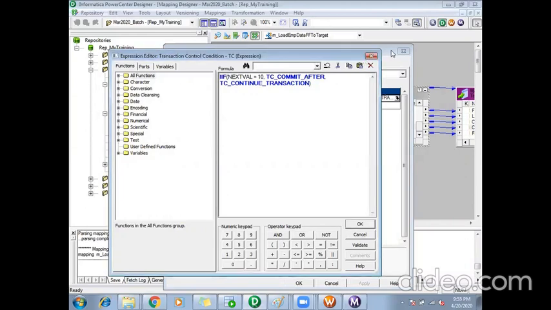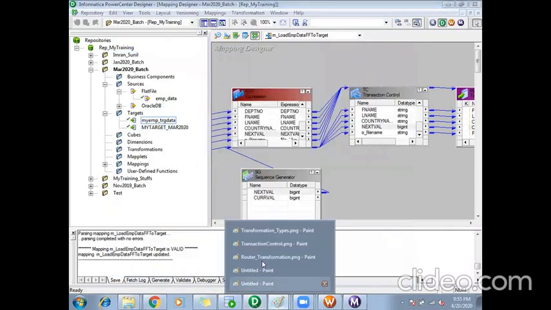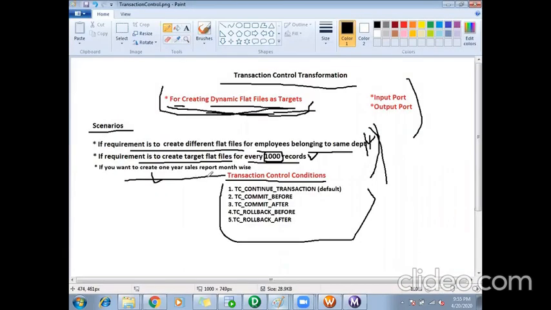So like this, if you want, you can try out one more scenario. Everything is the same. The other one is to create a 1 year report month-wise. You can have dummy data where you have a column for month, some 10 records for January, 10 records for February, 10 records for every month.